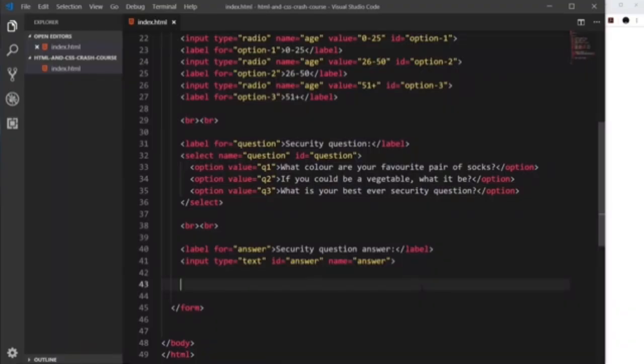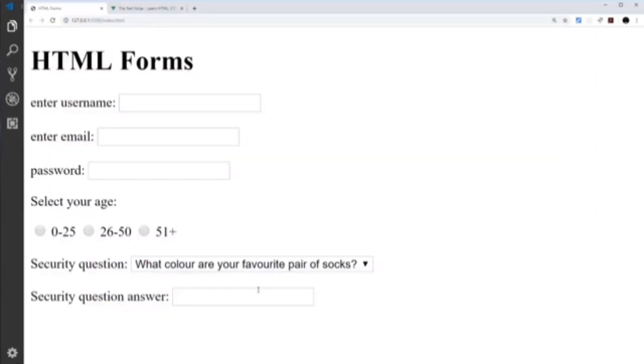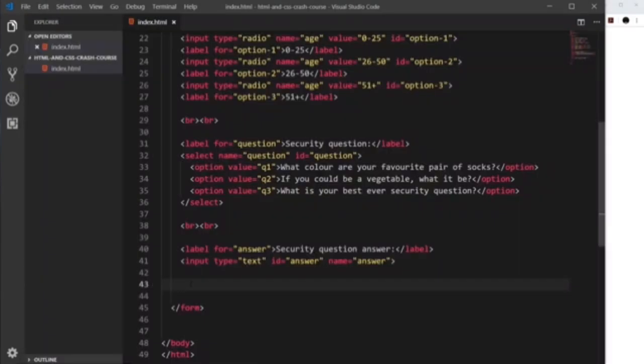So there's one more form field I want to show you, and that is the text area. So these are typically for things like comments or biographies or anything that is going to require quite a lot of text and where something like a normal text input field is not enough. So they're more like a box. Now then, I'm going to create first of all 2 BR tags to give us some room